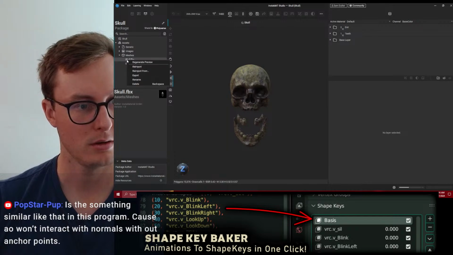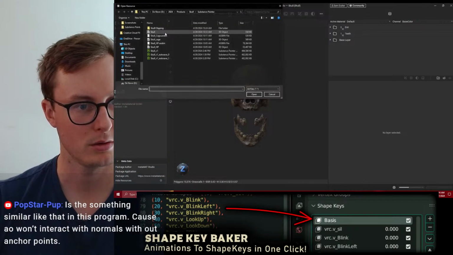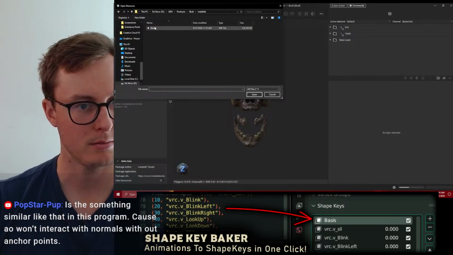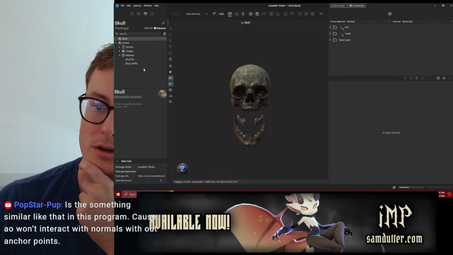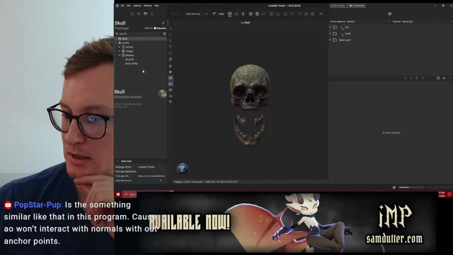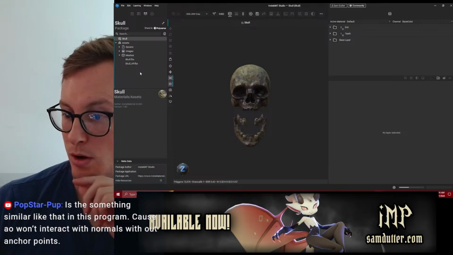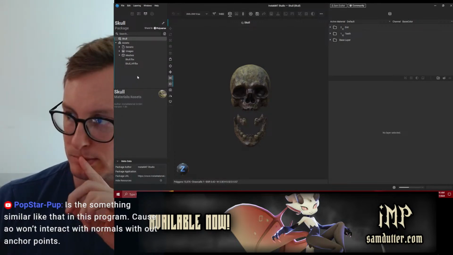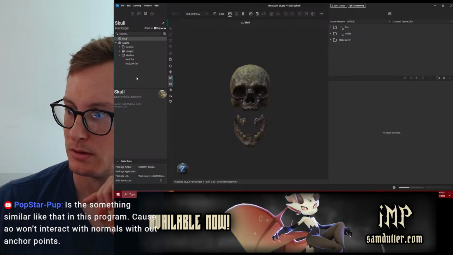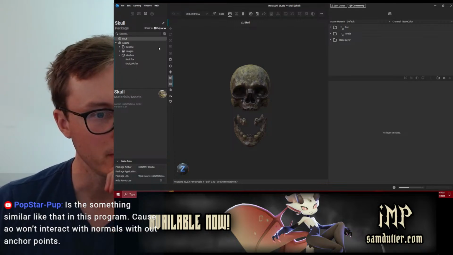How can I make a new one? In InstaMat, we just have this whole file which contains all these packages. Is there something similar in this program? Because AO won't interact with normals without anchor points. I don't know yet.